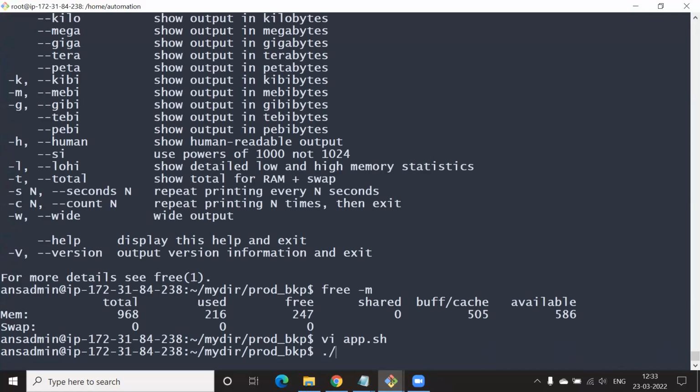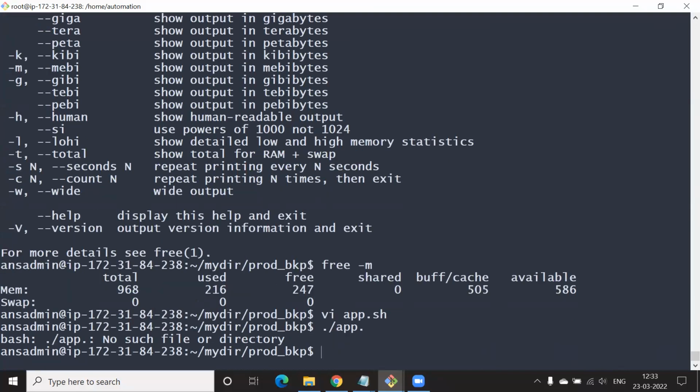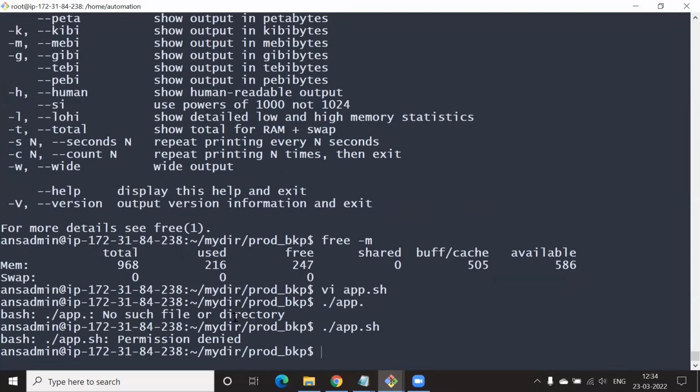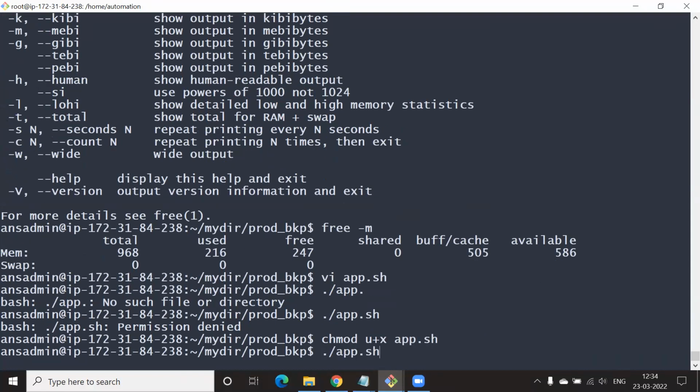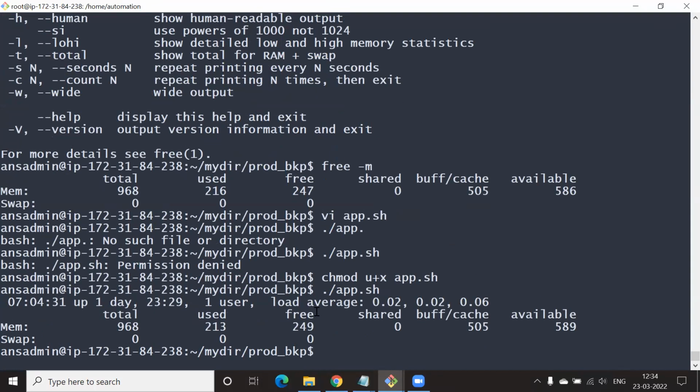You say sh task.sh. We can use the shell. Okay, so we're getting both of them, right?